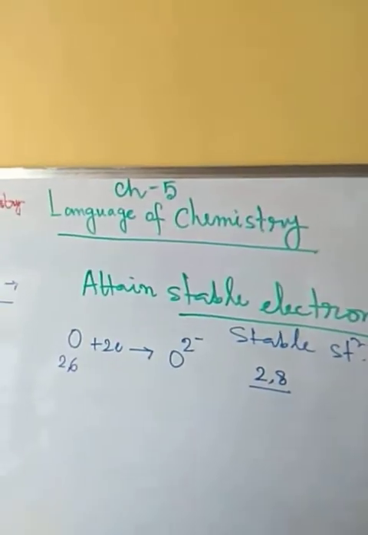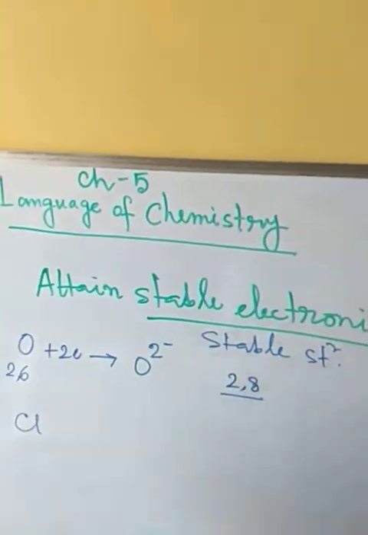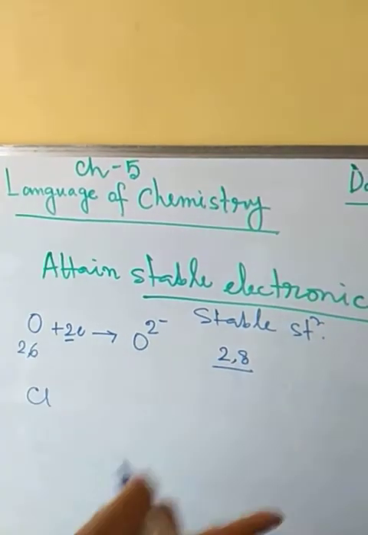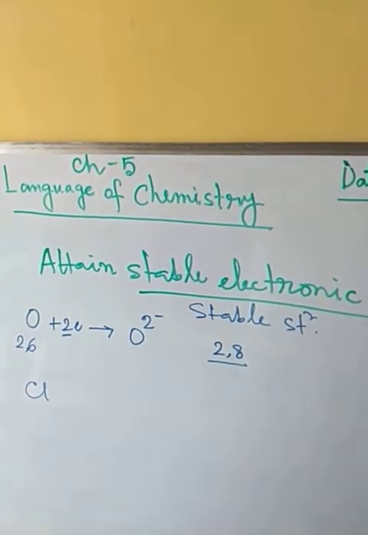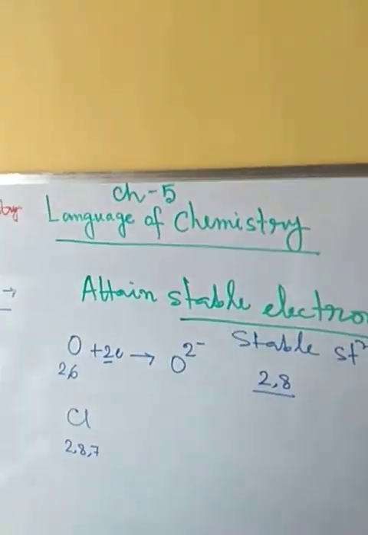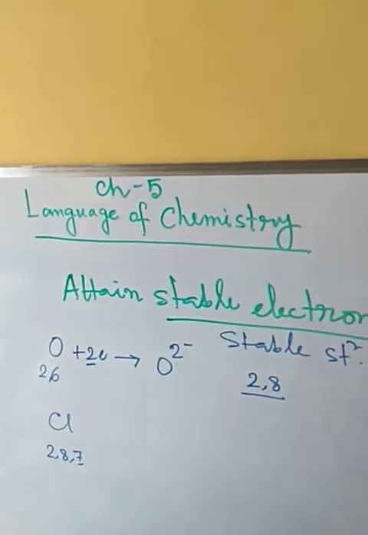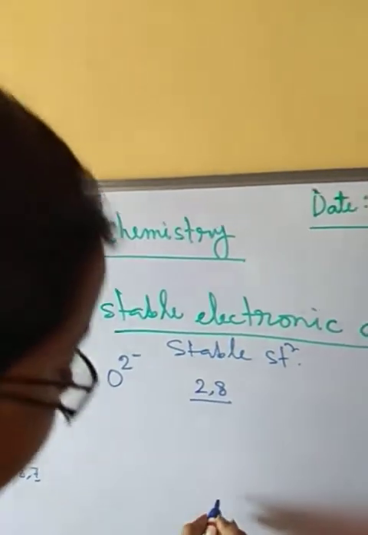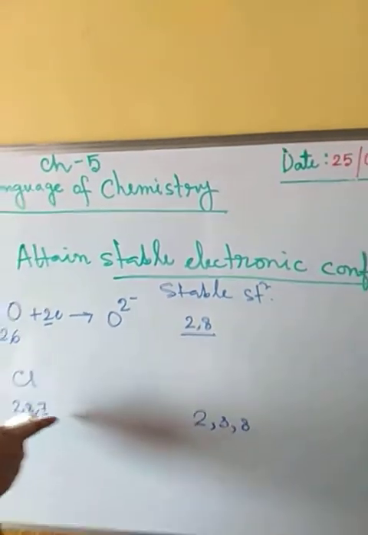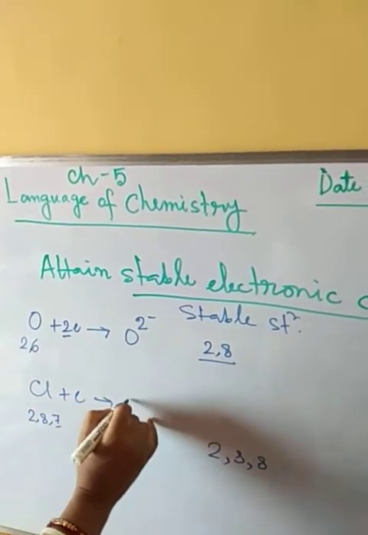For chlorine also we will get the same. Here, as oxygen is capturing 2 electrons, 2 will be the valency of oxygen, and from the structure of water also we have seen the same valency of oxygen. Now the chlorine structure is 2, 8, 7. Chlorine has 17 electrons, so in the last shell it has 7 electrons. To attain the stable electronic structure, that is 2, 8, 8, chlorine will capture 1 more electron to form Cl minus.